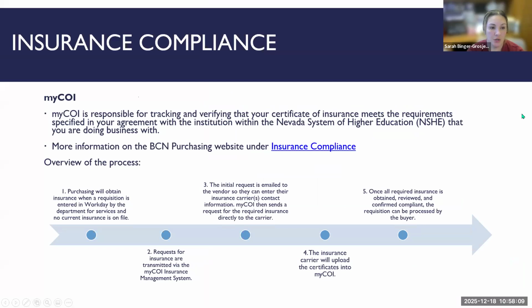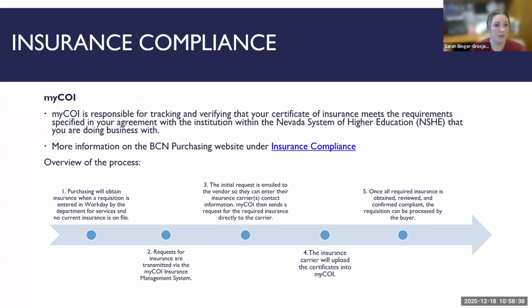So the way that we ensure we have insurance on file is through our MyCOI system. So this is an online portal that is also self-service, and it's responsible for tracking and verifying that the certificate of insurance meets the requirements that are specified with BCN or within the contract. So for instance, if none of the insurance requirements were addressed ahead of time and we get a requisition for a service that requires it,